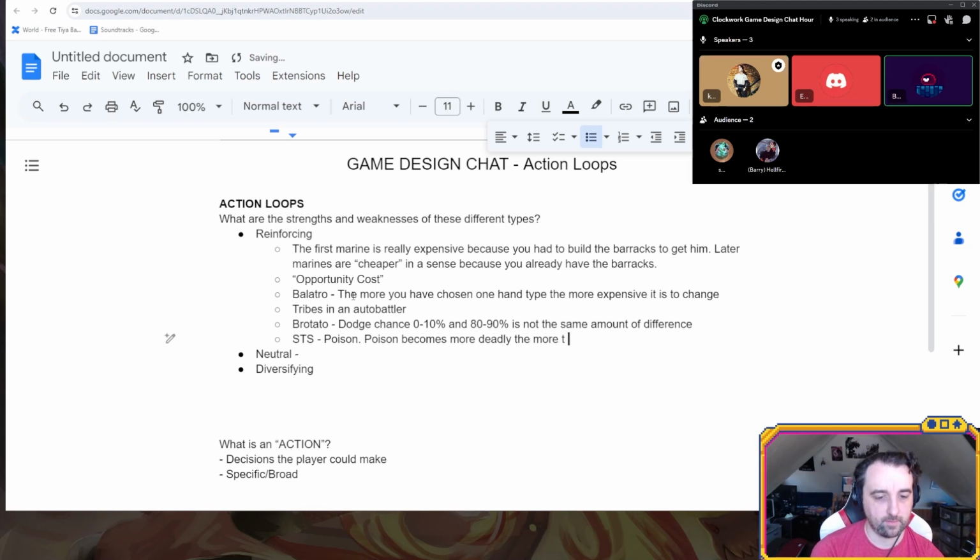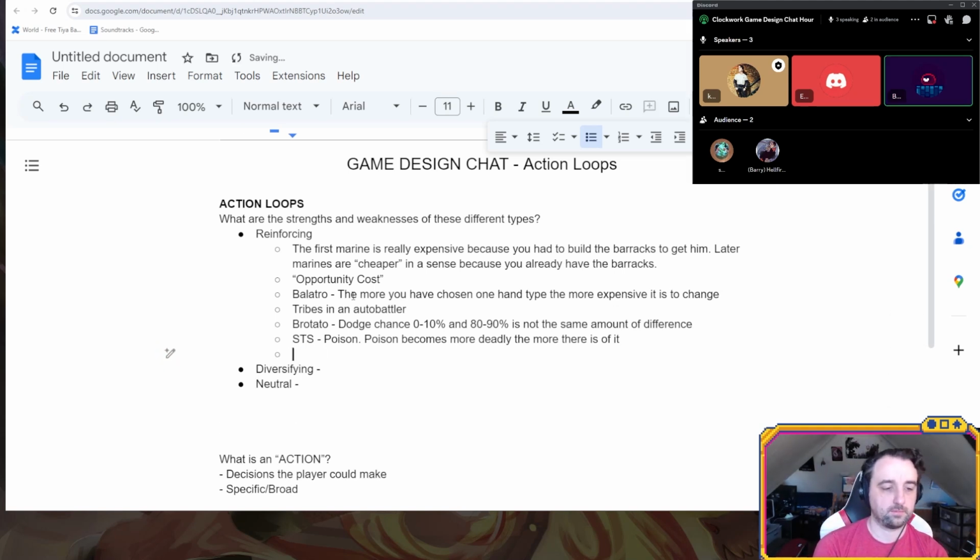I think one final example I'll give, mostly because it's going to be relevant when we start talking about strengths and weaknesses, is in Hades, where a lot of the upgrades are just making your different abilities stronger.